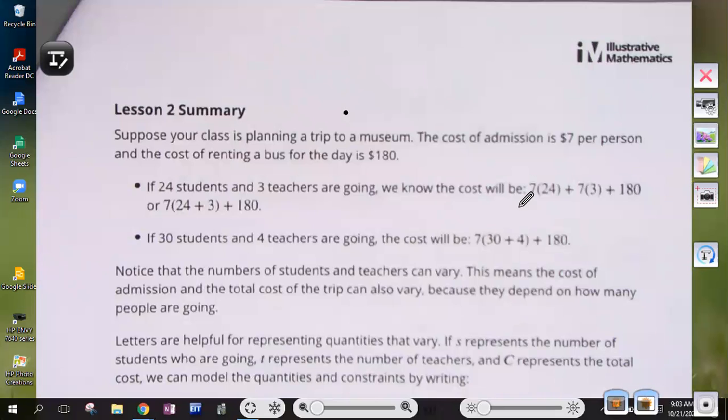I don't know what the heck happened. I've lost a page. Where's the lesson summary? Oh, here it is. I have the page. Okay, here we go. I have the page backwards. So,